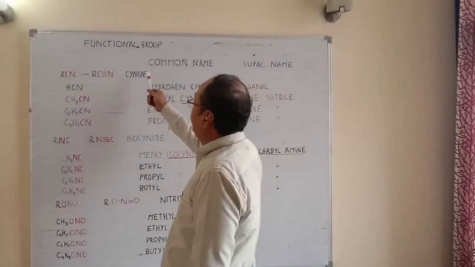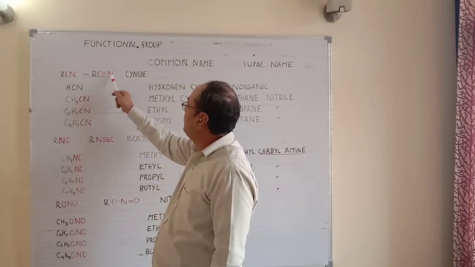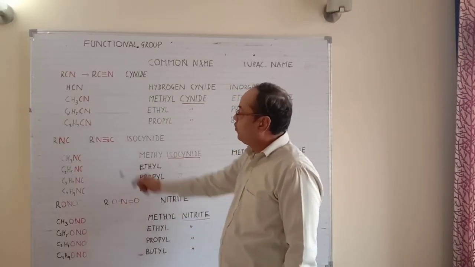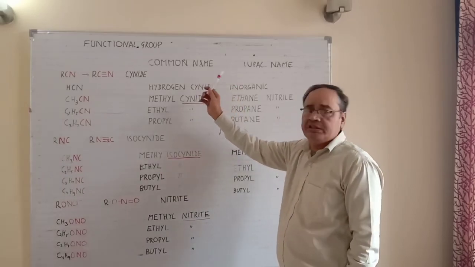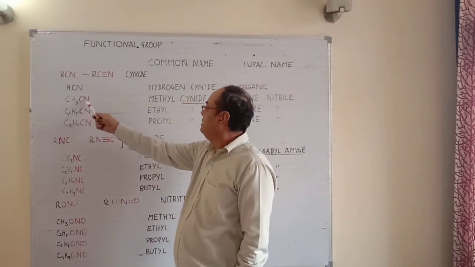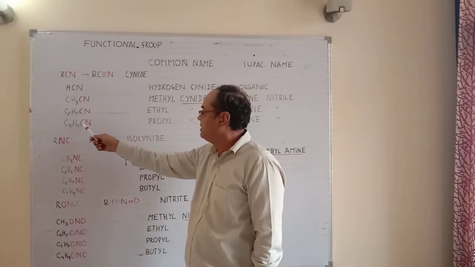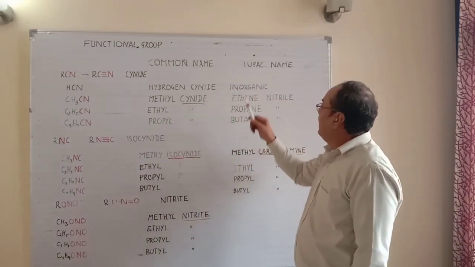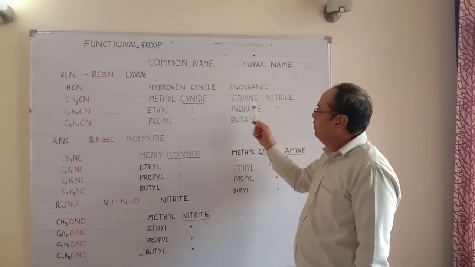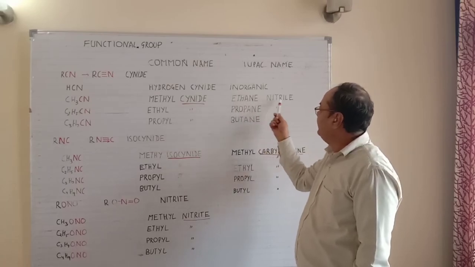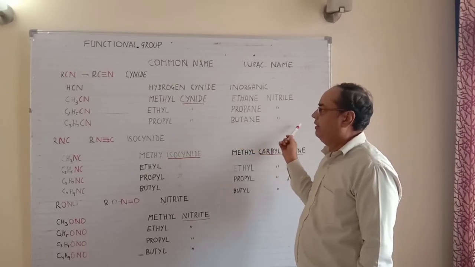So now we have another functional group, that is the cyanide group. RCN, structure is R–C triple bond N. So it is a cyanide group. So the first member is HCN, which is hydrogen cyanide. Generally it is inorganic, so we don't study this compound here. So the next member is CH3CN, which is methyl cyanide. C2H5CN, ethyl cyanide. C3H7CN, propyl cyanide. Now in the IUPAC system, we count the carbons and put the word nitrile. So carbons are 2, so it is ethane nitrile. Carbon 3, propane nitrile. Carbon 4, butane nitrile.